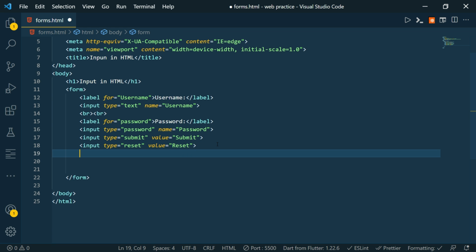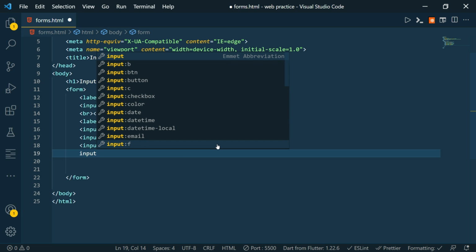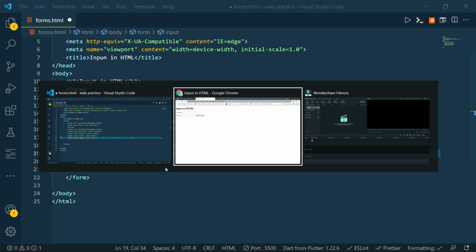And the fourth type of button we have is an image button. We can just write input : image. That is an input field with type of image. This won't take an image as an input. We are displaying an image. That's it.